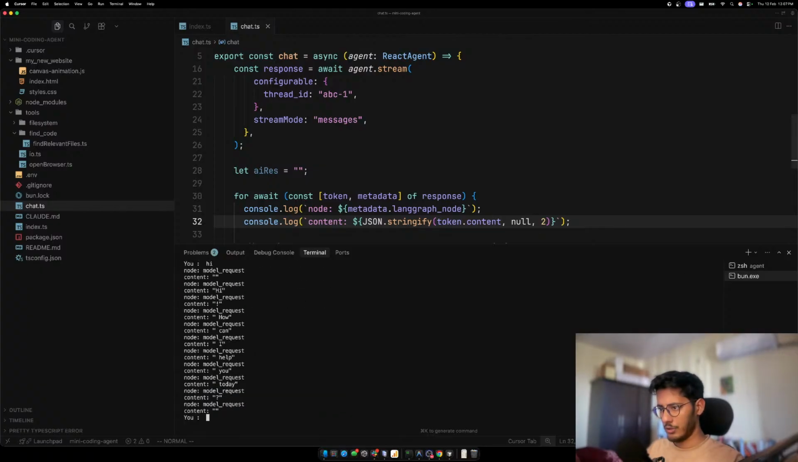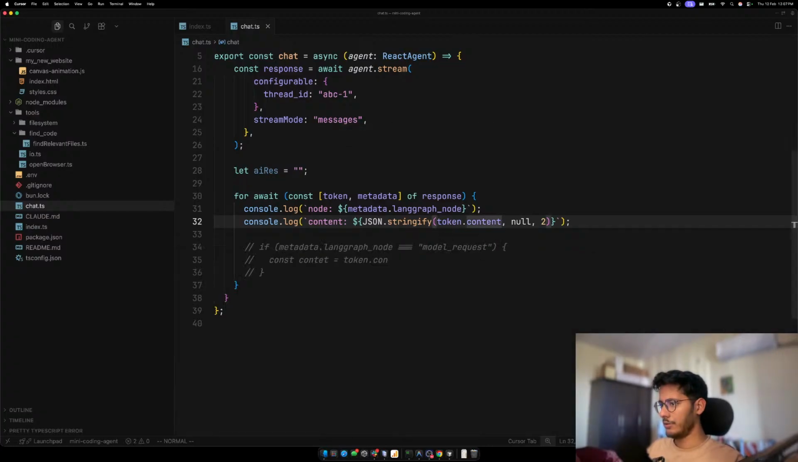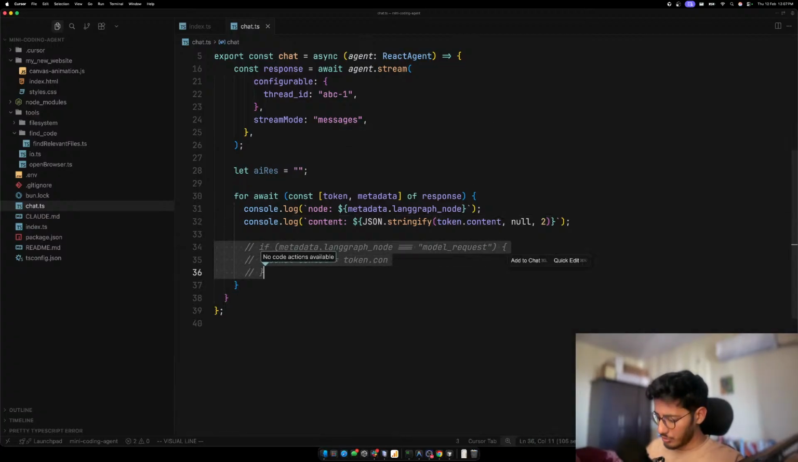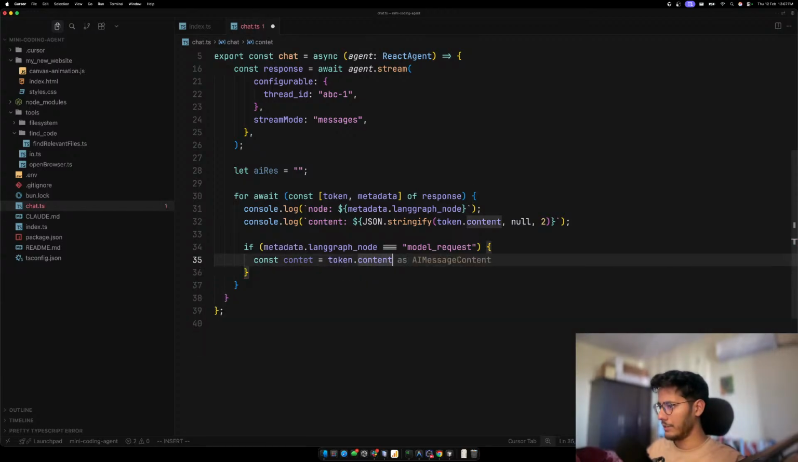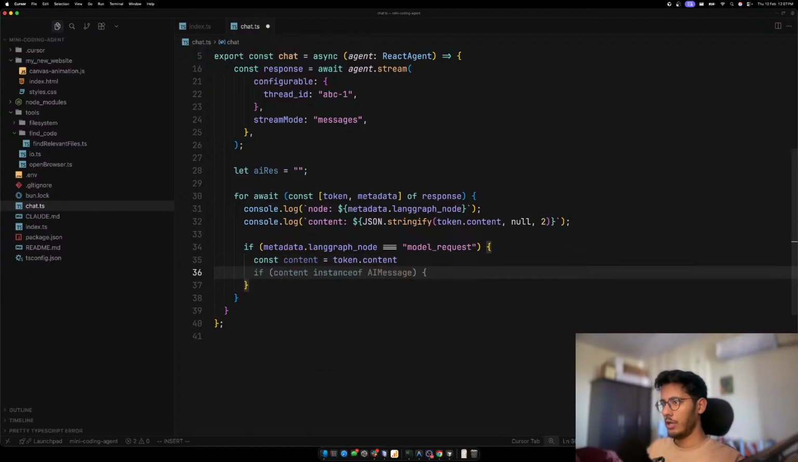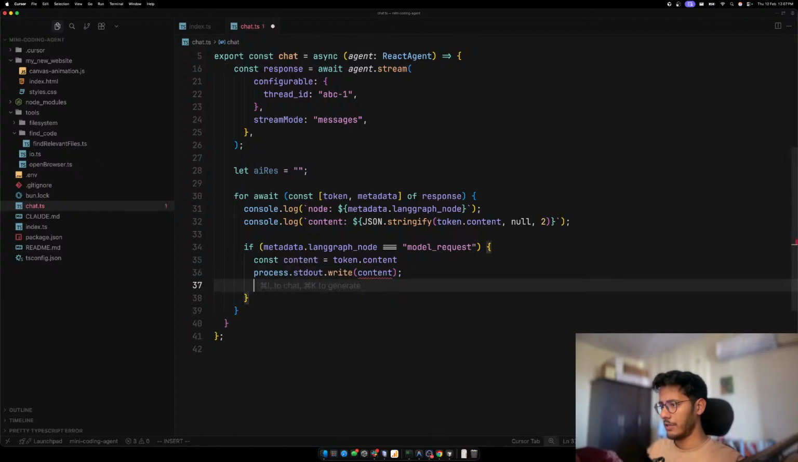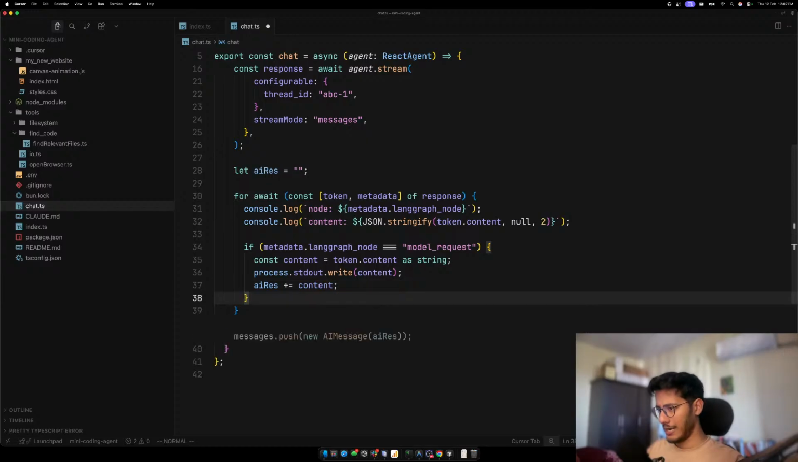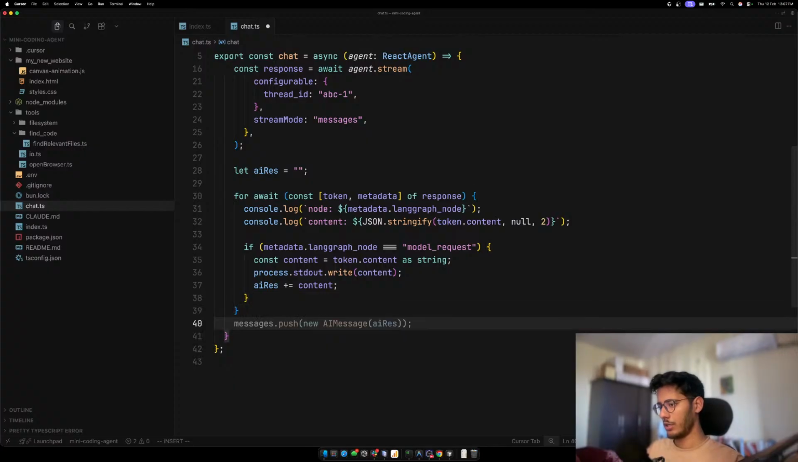Oh, good, great. Token dot content is what we need. So we have token dot content, right? And then that's the content we have, and we can log this. We can say process dot start write content, and what happened as string. And then after we are done with the response, we can push this as a new AI message, and